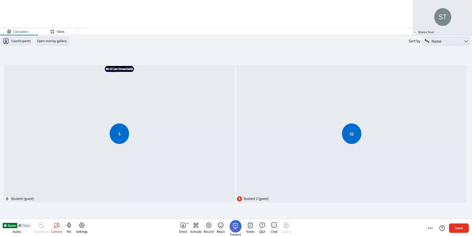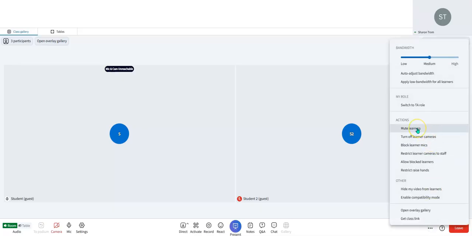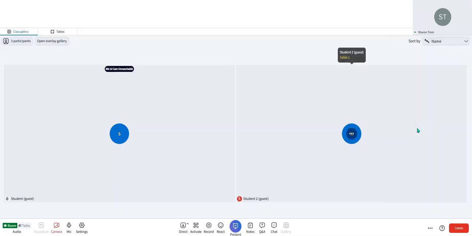At the whole class level, you might sometimes need to mute all of your students' microphones at once in case they have just gotten super excited and need a moment for you to regain their attention. This time you're going to go to the More Actions three dot menu at the bottom right corner of your screen near the red Leave button. And once you click on it, you're going to see Mute Learners as an option. You click on that, and similar to the individual level, this will only temporarily mute them,